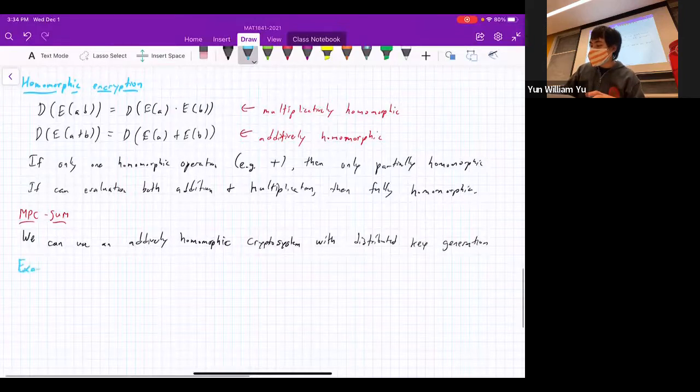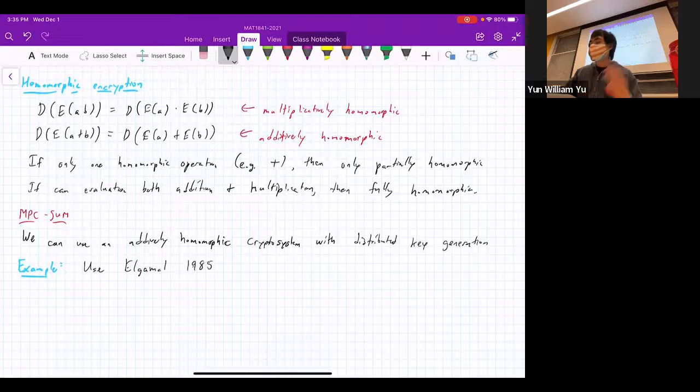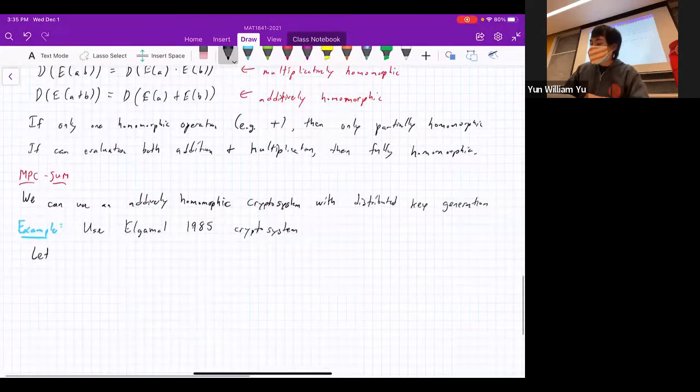And for this example, we are going to use a crypto system by El Gamal from 1985, which is a fairly well-studied crypto system. And so let's describe it a little bit mathematically. So if we let P be a suitable prime,